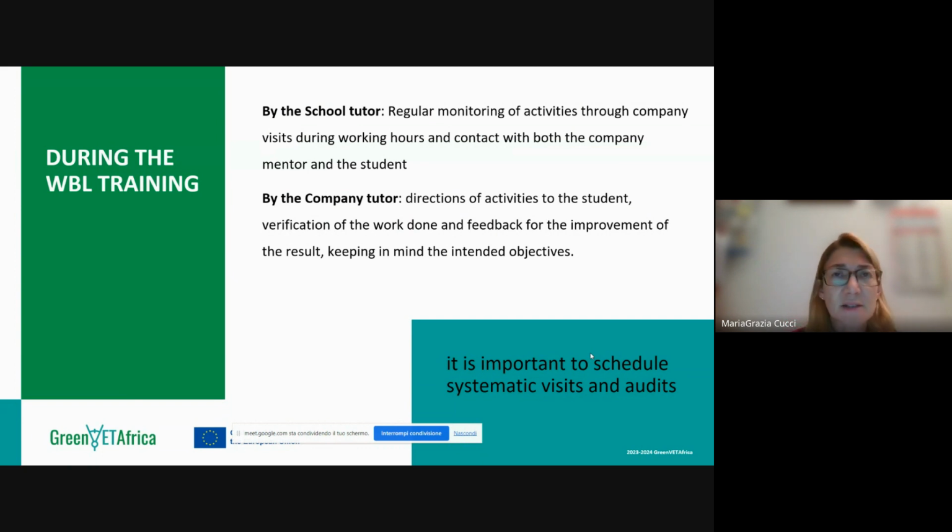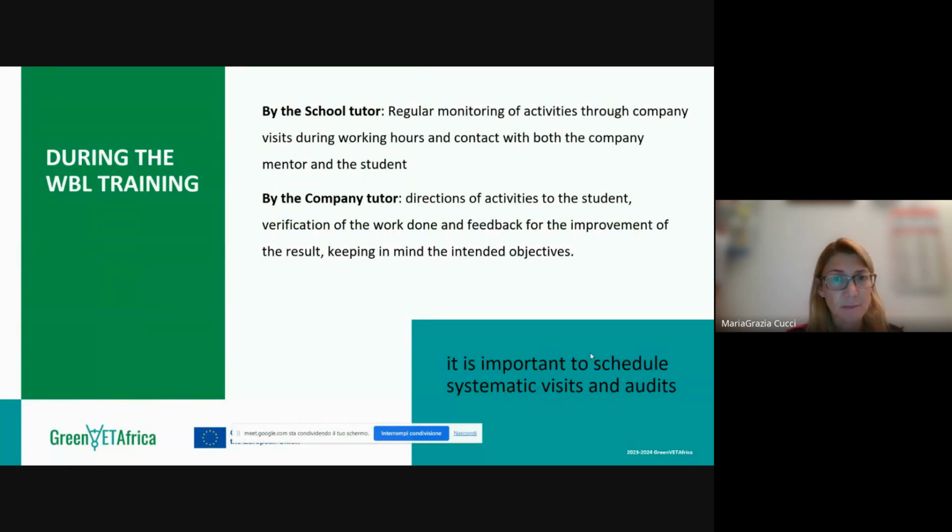So it is supposed that he or she goes to the company on an appointment, of course, to check the situation, to speak with the company tutor, to speak with the students in order to understand if everything is going okay. And he uses a checklist that we saw in the second lesson, which is inside